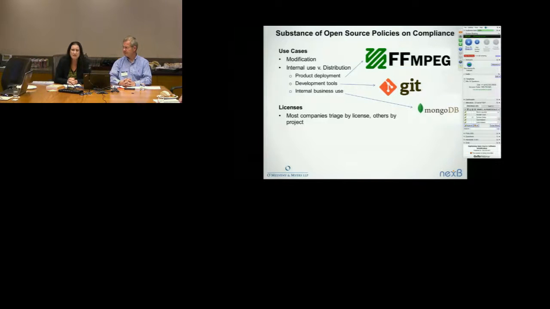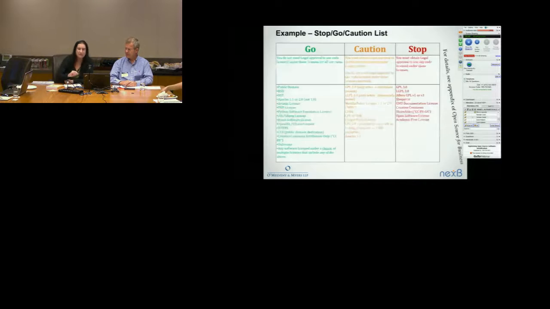Some companies actually get more granular and require internal approvals project by project or use by use. But I would say that about 90% of companies triage by license. And when I say that, here's what I mean. This is an example of the guts of an open source policy when it's applying to compliance and use of